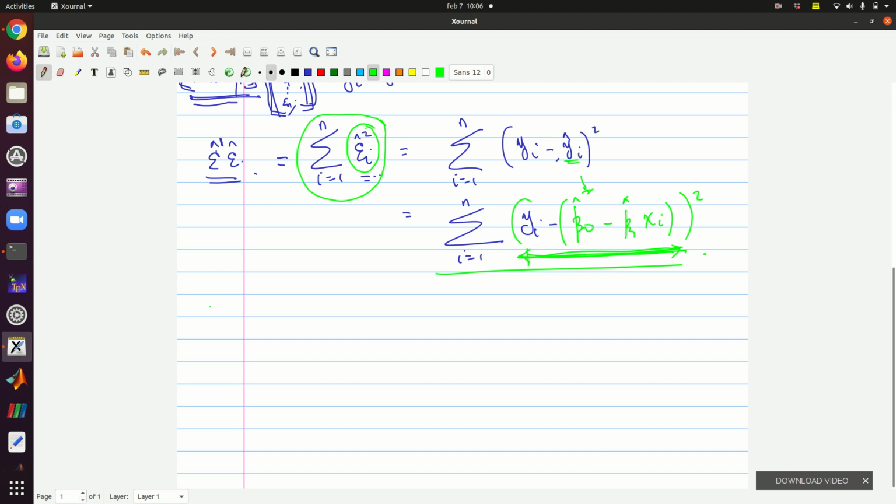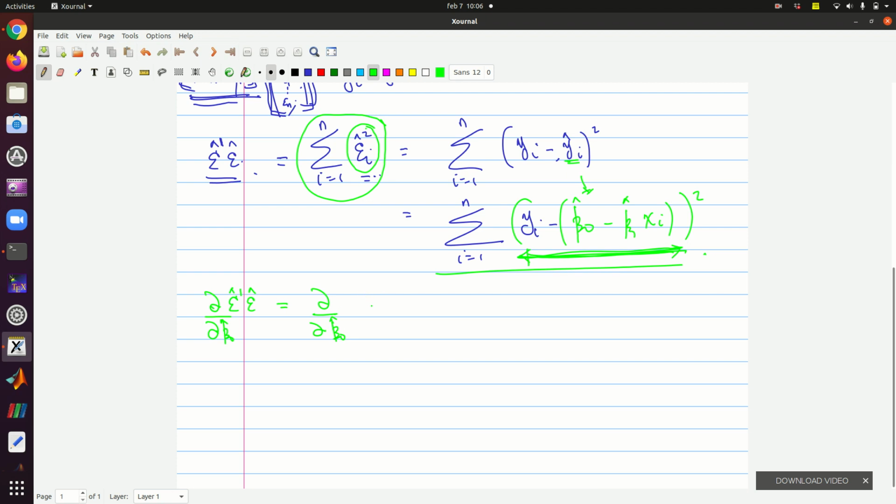We are going to take partial derivatives, first with respect to b naught. We are taking the partial derivative of epsilon hat transpose epsilon hat, which is going to be the partial derivative with respect to b naught of